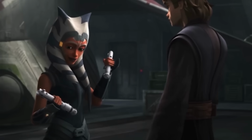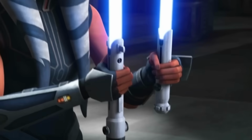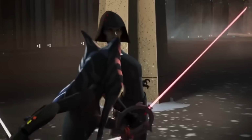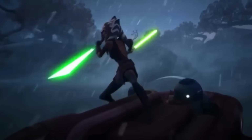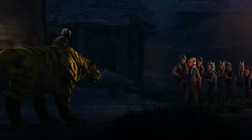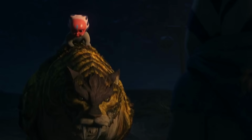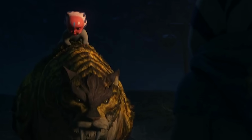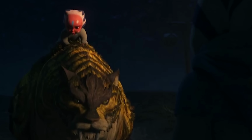In alignment with the ebb and flow of time, Ahsoka's appearance undergoes a metamorphosis, mirroring her physical development. The tapestry of her life, woven across an array of narratives, captures her progression through various stages. Her journey, imbued with challenges and victories, bespeaks her very human, or rather Togruta, condition. It's worth noting that while her exceptional abilities offer protection against some harm, Ahsoka is not invulnerable, evident through instances